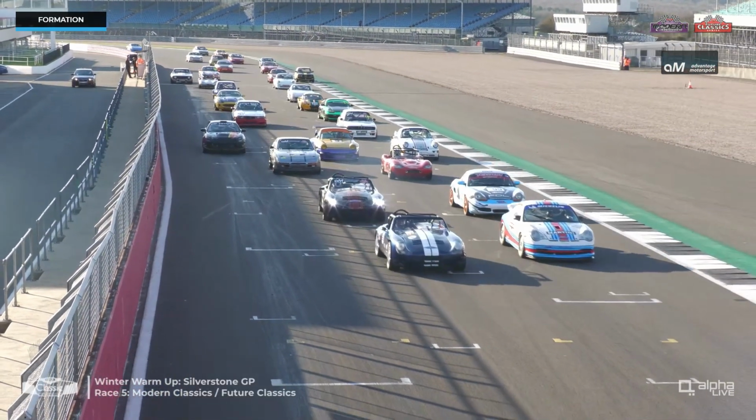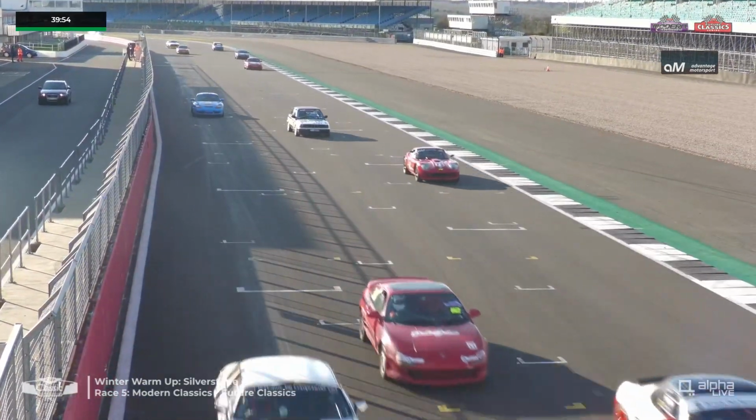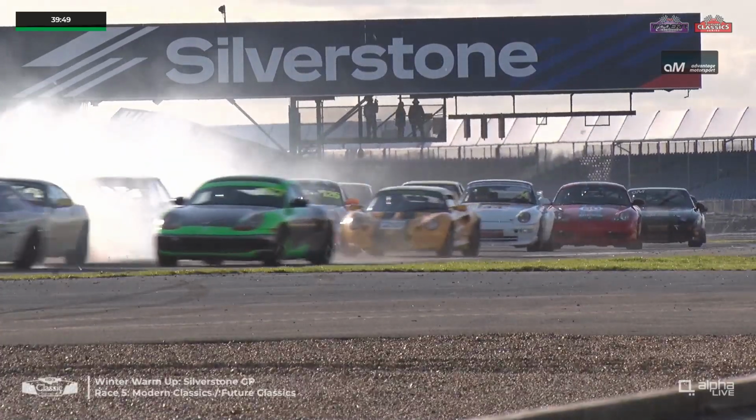Lights are about to go out. We're away and racing with the Modern Classics and Advantage Motorsport Future Classics. Alex Taylor leads the charge. Crumbs, we're 5 wide over the start-finish line there. Good job, there's plenty of room at Silverstone, but there's not quite as much room as everybody wanted up at